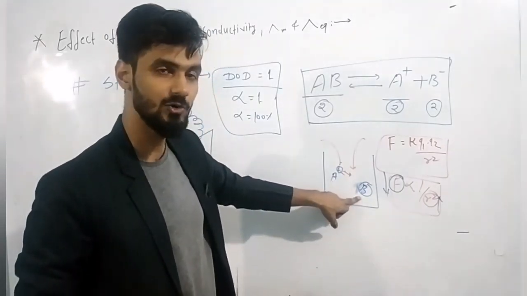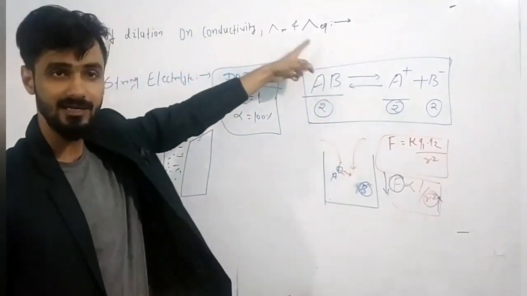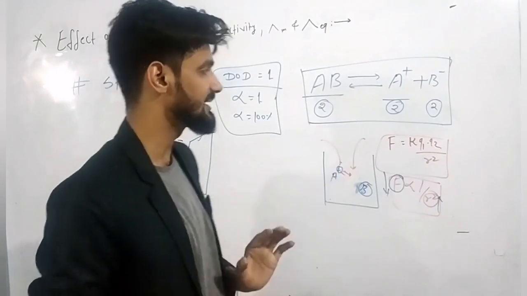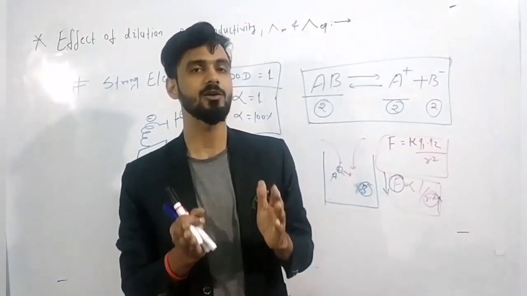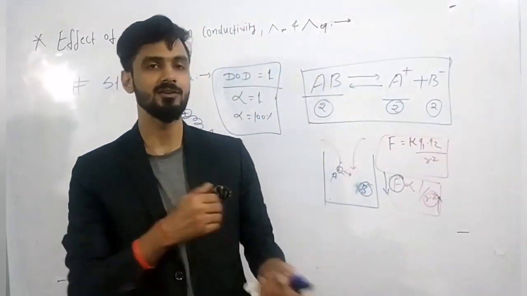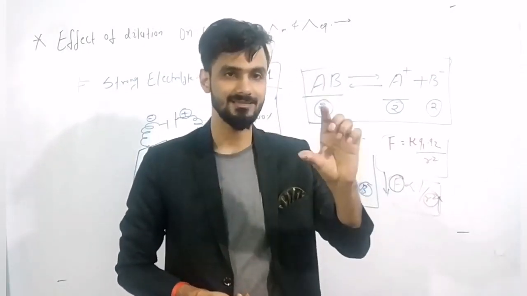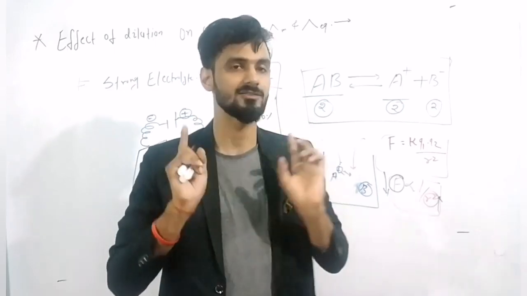Due to this, what will happen? The conductance increases. Here we are discussing only molar conductance and equivalent conductance, so the molar conductance or equivalent conductance will get increased. I think up to this point you are all clear how the molar conductance and equivalent conductance of a strong electrolyte increase. The reason behind that I am telling you in a very concise way. Understand one thing: if you are going to dilute a strong electrolyte, in that condition the number of ions is not going to be changed.